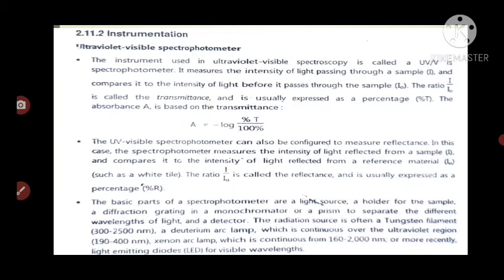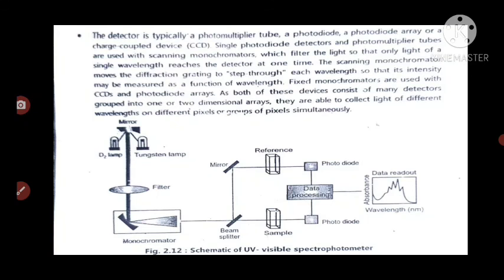So these are the information or idea about the ultraviolet visible spectrometer: what is meant by transmittance, what is meant by reflectance, and which type of source is used here. Next, the detector which is also used is considered as the photomultiplier tube, or a photodiode array, or a charge coupled device, that is CCD. We have to know the role of the photomultiplier tube, on which the light is incident, that is the increasing of the